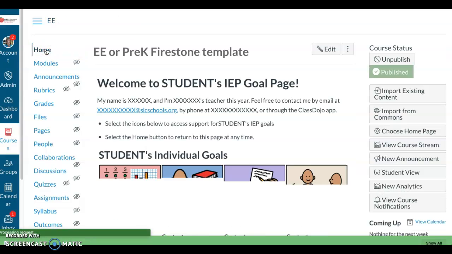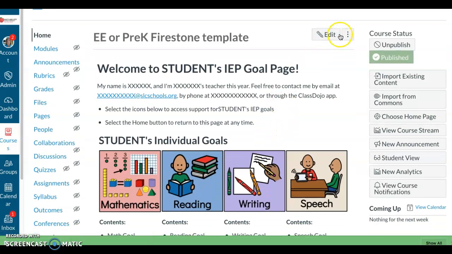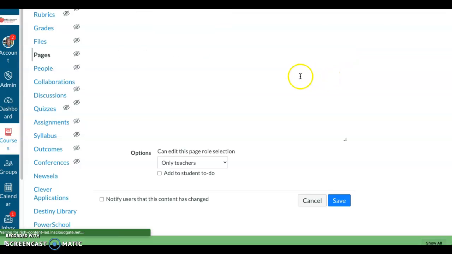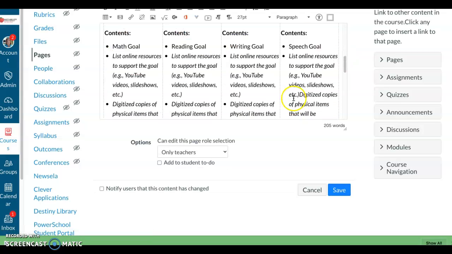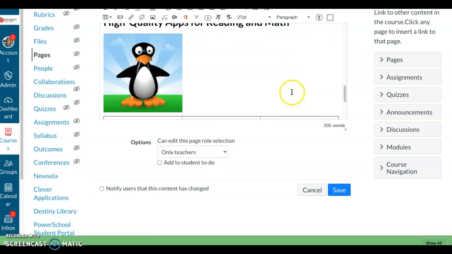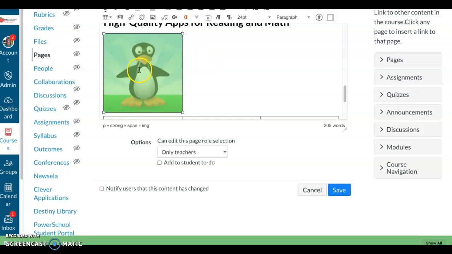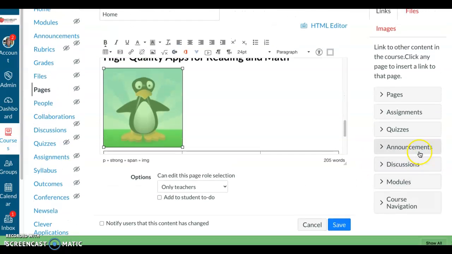Now let's bring that assignment together with the image from our home page. So go back here. Edit. We'll go find our button image right here. So we're going to highlight that and then come over here on the right and you can see link to other content in the course. Click any page to insert a link to that page. So we're looking for our